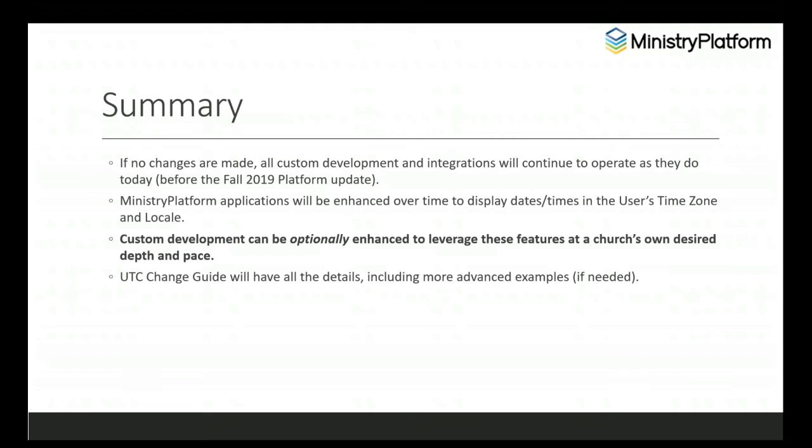And they can set it right there if they want to, and that will then save and update their user account. If they don't want to set it for some reason, they can dismiss it, and it will not bother them again until they clear their cache. So that won't be an annoying thing that they have to deal with every time they log in, but we did want to add that, especially at the beginning as we roll this out, so that everyone's able to set their desired time zone and locale, and make it super easy for them to do it.